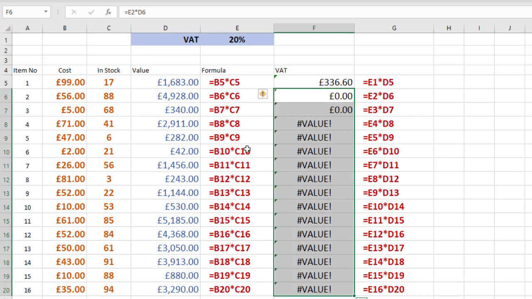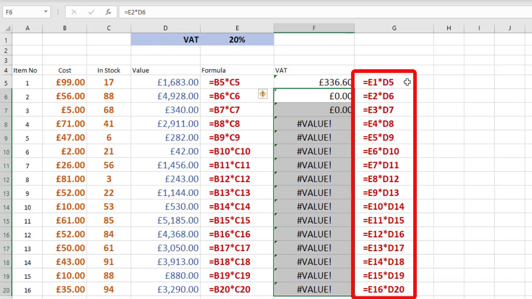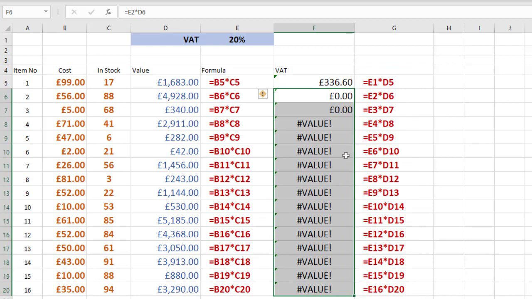We'd start getting errors because we're starting to reference this column here where I've got these formulas, and we just want that to point to 20%. So if we look over here at these formulas that we've got, D5, D6, D7, D8, they're all correct because we want that to stay relative. But the E1 has moved to E2, E3, E4, which is giving us the wrong results or the errors. So let's just delete those out